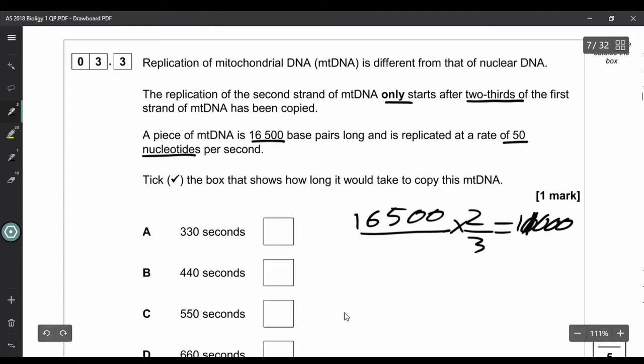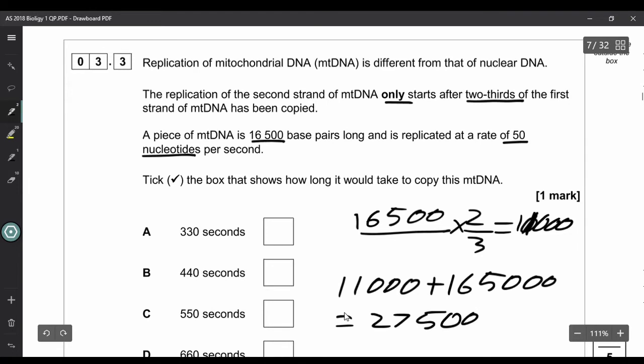So it's got to replicate 11,000 of the first strand before it can go on to the second. So it replicates those 11,000 and then replicates the 16,500 of the second strand. So that comes out to be